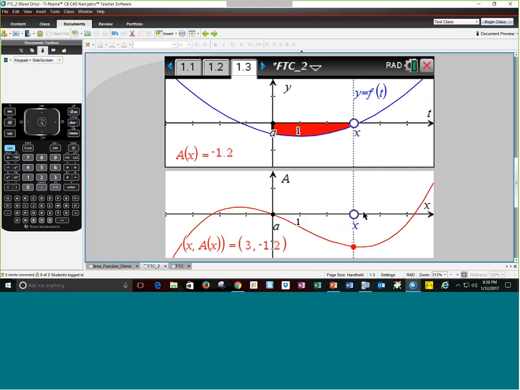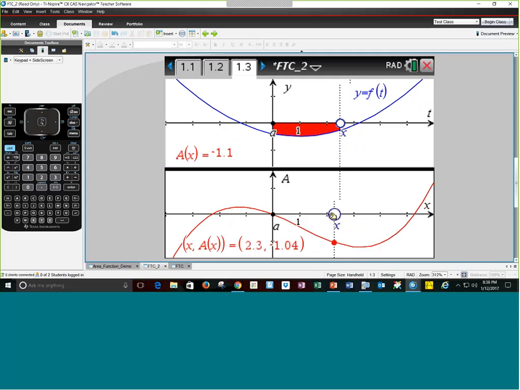And again, it looks very familiar. We've got our function at the top and we've got our accumulation in the bottom. And we're, again, moving points left and right, noticing what happens. And again, we ask students, well, what do you notice here? What's the relationship, if any, between the original function on the top and the accumulation function at the bottom? Well, it appears that the blue function on the top is the derivative of the bottom function. Earlier we had talked about when function A is concave up and F is decreasing. All those pieces that we had done earlier, we would talk about here as well.